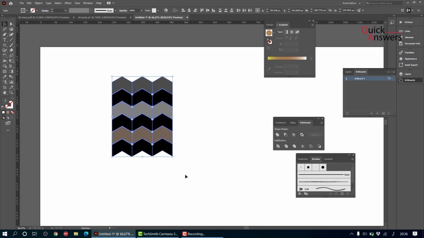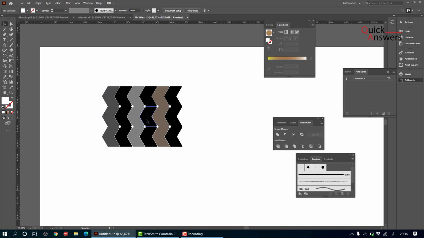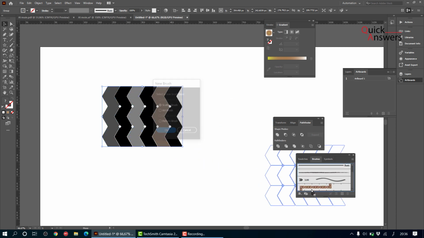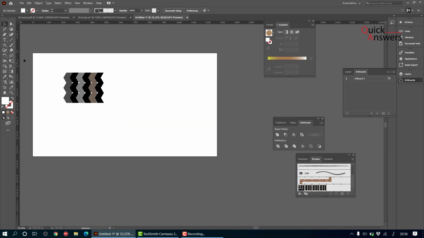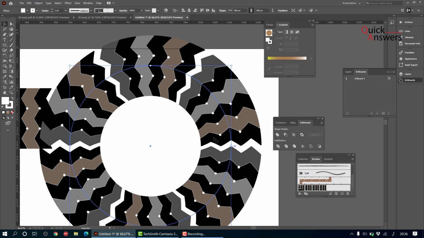Now I'm going to group that. I'm going to tilt it this way. And then I'm going to drag all that into brushes. Pattern brush. Okay. Now what's going to happen? Watch. I'll draw a circle. But I want this circle to be in this design. So I'll just click on there. Can you see